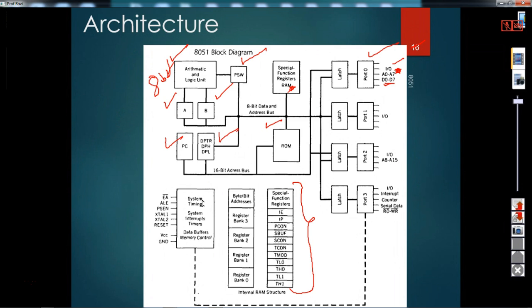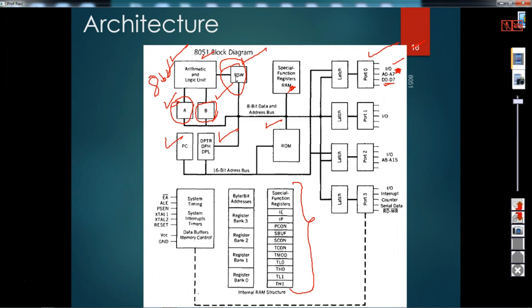And the RAM are mentioned here. So the block diagram of 8051 is very easy. The moment you have concepts in mind, then you can say it has an ALU, arithmetic and logic unit. Wherever there is ALU, there should be a register called accumulator. Then register B here, in this case of 8051. And nearby you can find PSW, programmable status word or flag register, because once you execute an instruction, to know